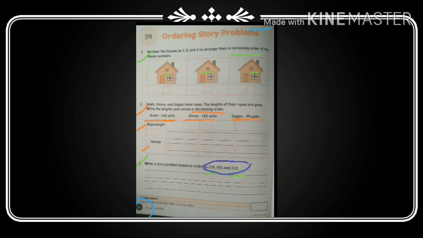So you can take your family members' or your friends' names to write a story problem. Like, I have 110 rupees. My father has 103 rupees and my mother has 112 rupees. Who has more number of rupees, like this? Or I have, you can take anything, children.